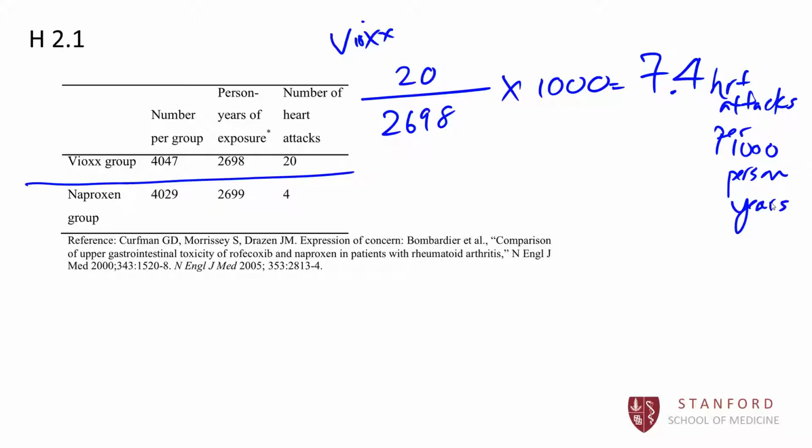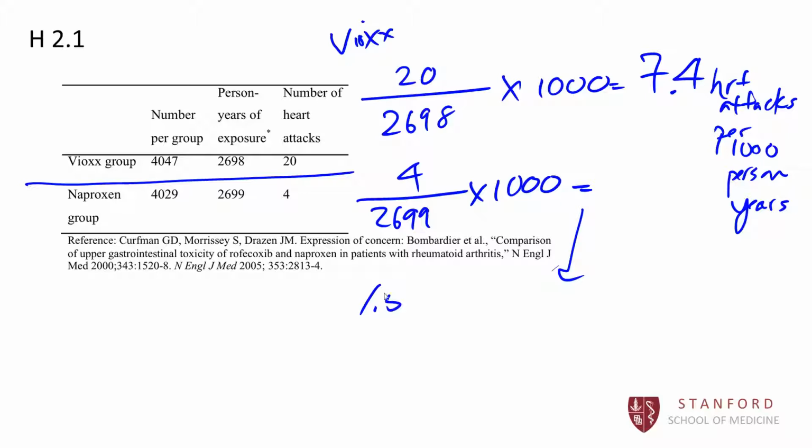Then we're going to do the same thing for the naproxen group. We're going to do 4 over 2699 times 1,000. Okay, I'm going to write that lower here. So that's going to give us 1.5 heart attacks